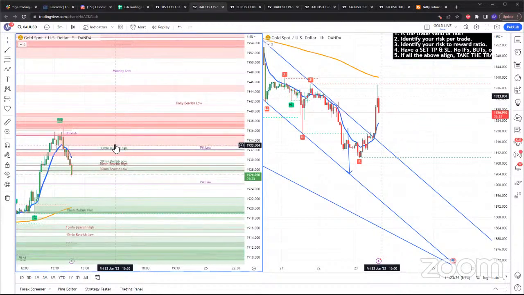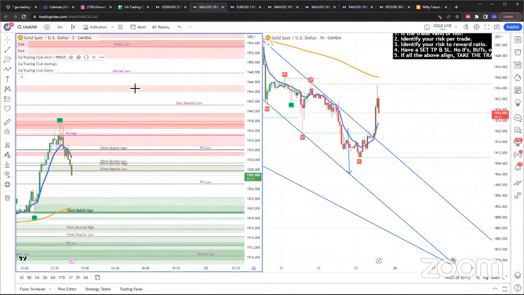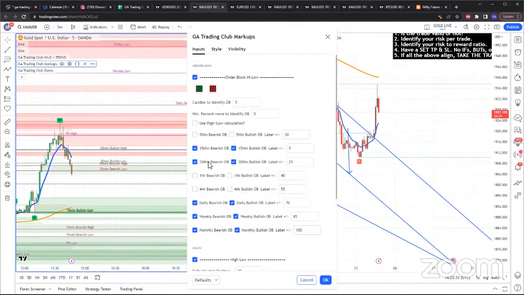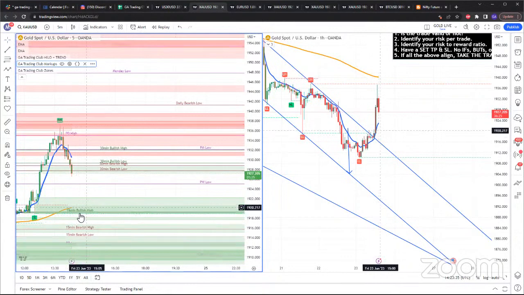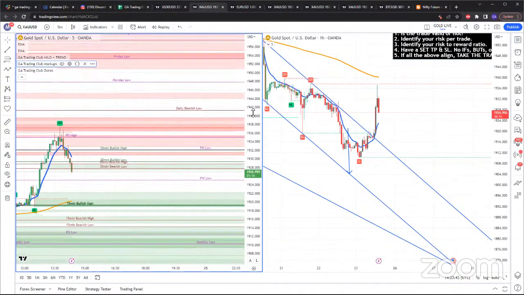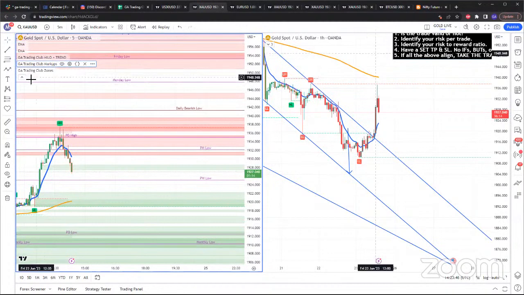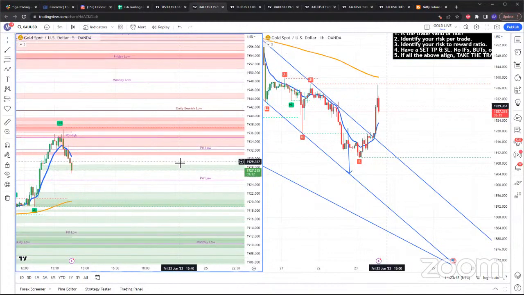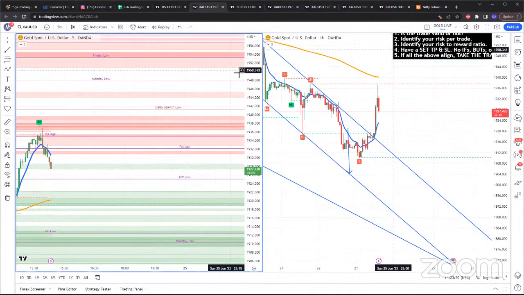Taking off the noise, even here, we have 2 30-minute bullish highs and lows. So again, those two cross out. I can come in here easily and take them out to reduce the noise. Same thing, we have 15-minute bullish and bearish zones right there. Take that noise out because both of them cross out. What are you left with? Once this loads, it clears out so much. You are left with this daily bearish low.